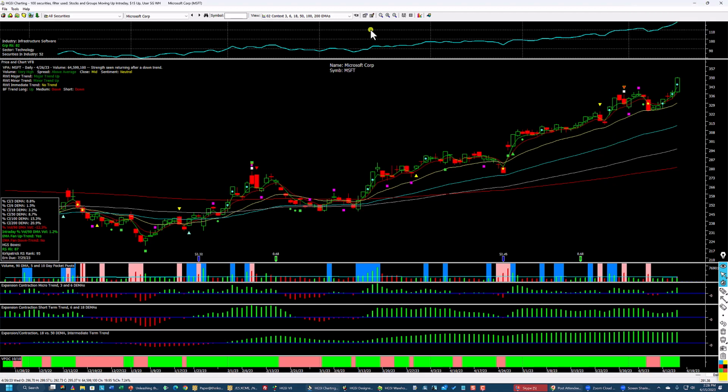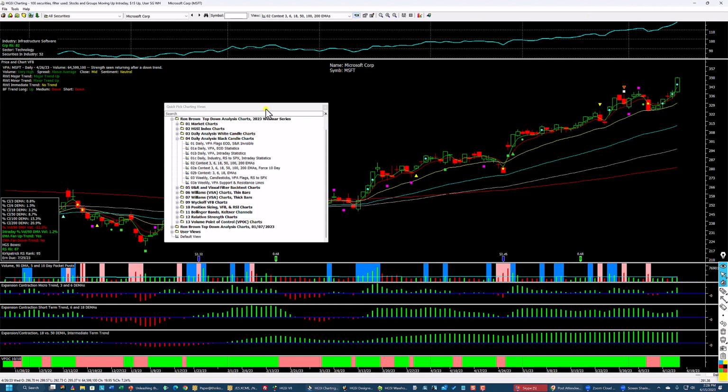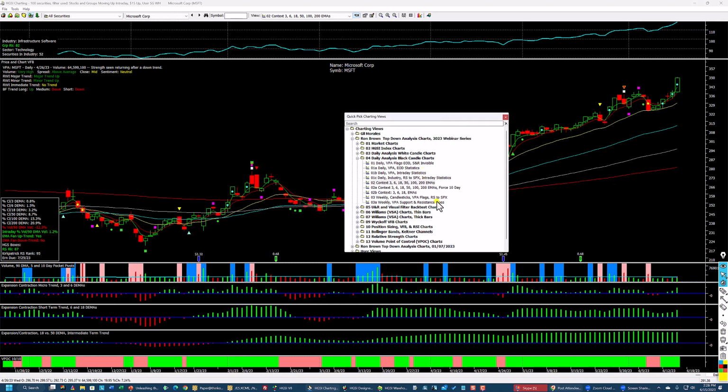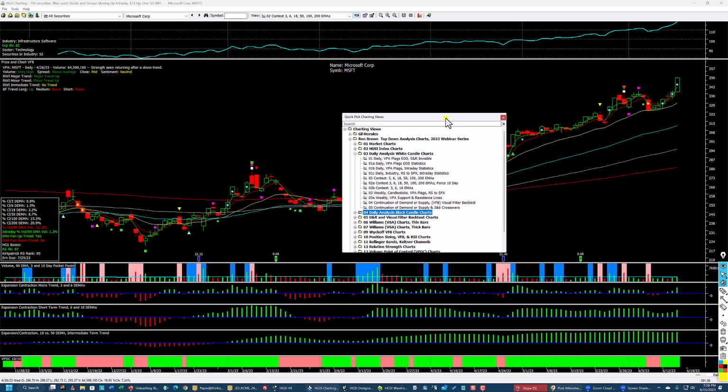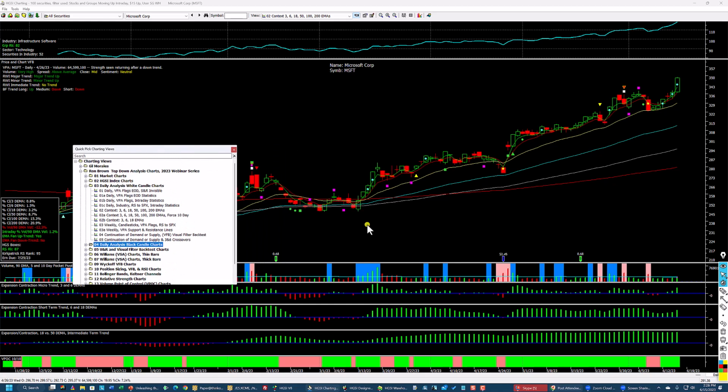Now I want to show you a chart that I've put in here. I've had this chart in for a long time. I just moved it up into my daily analysis charts, and only under the white because the colors don't show up for the black. But this is what I call my continuation of demand or supply visual filter backtest charts. And whenever there is a continuation move, and let me click on this,